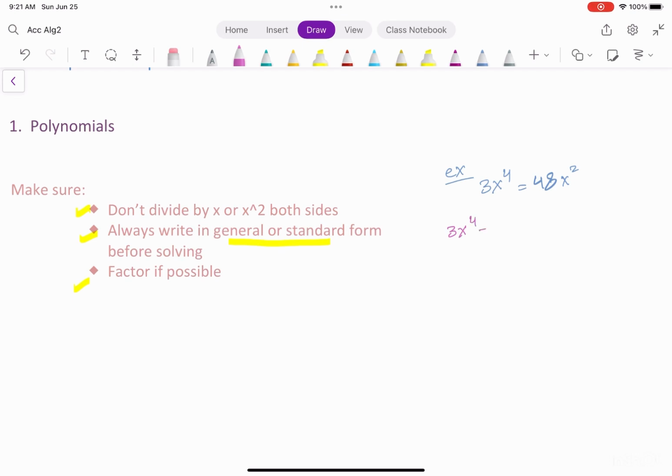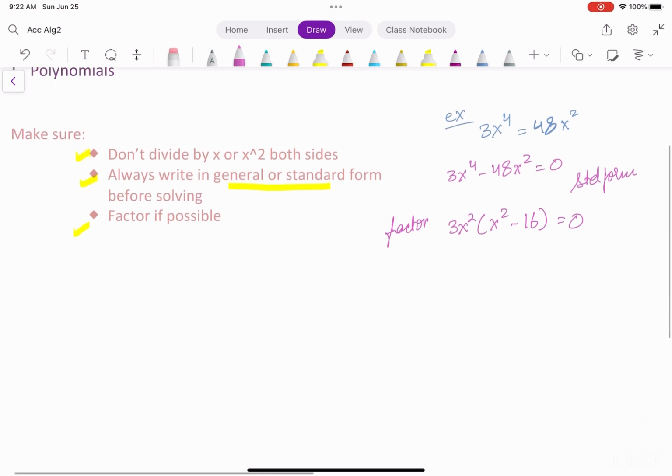So let's take this example. So I will rewrite this particular equation in the standard form, taking 48x squared on the left hand side. Once that is done, please factor it, don't divide by x squared. So factor out 3x squared, you will be left with x squared minus 16 in the parentheses is equal to